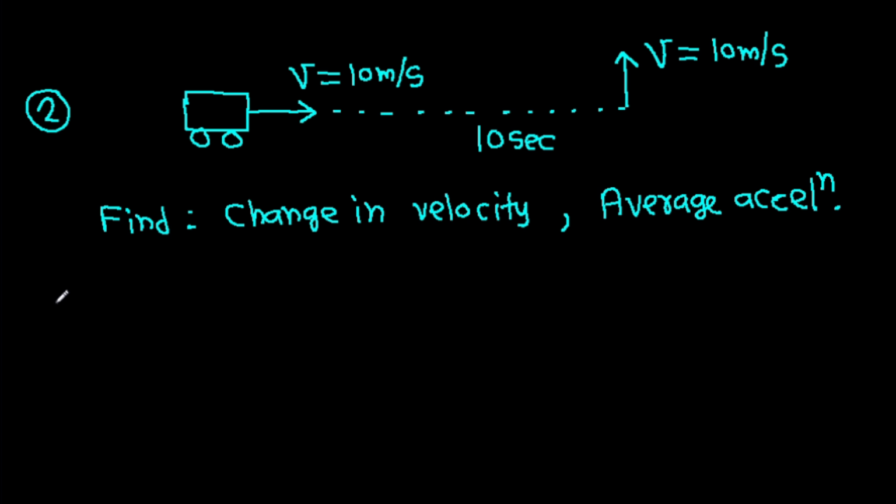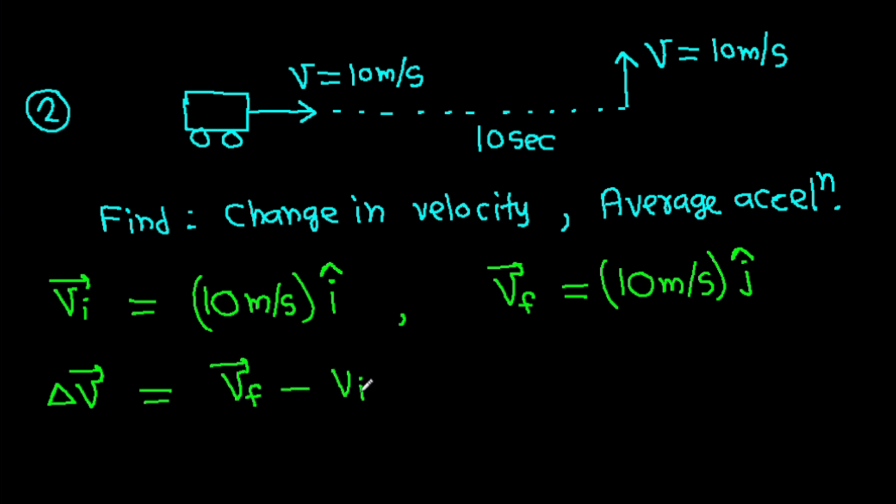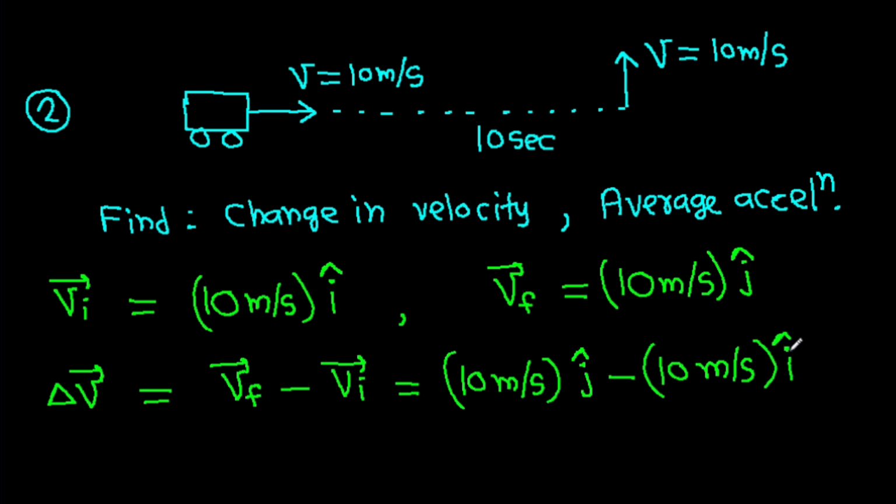So initial velocity will be 10 meter per second in i cap direction. Final velocity is 10 meter per second in j cap direction. So change in velocity will be final velocity minus initial velocity, that will be 10 meter per second j cap minus 10 meter per second i cap,